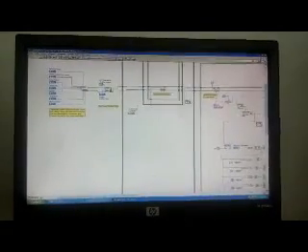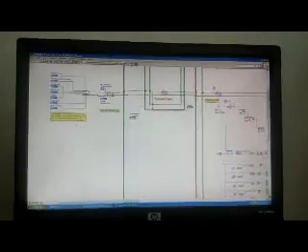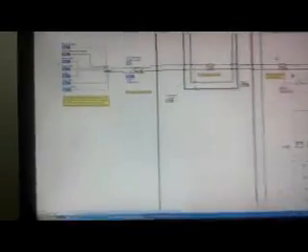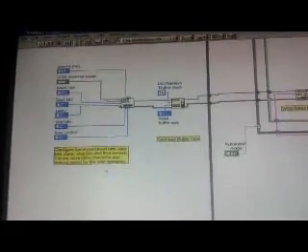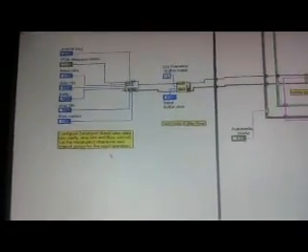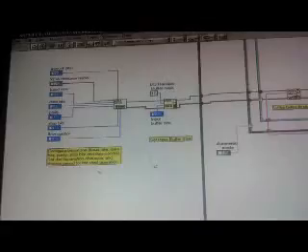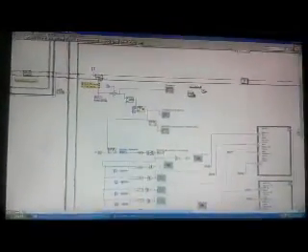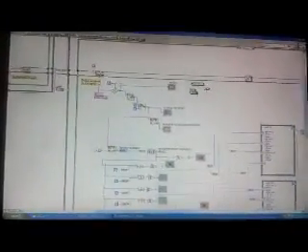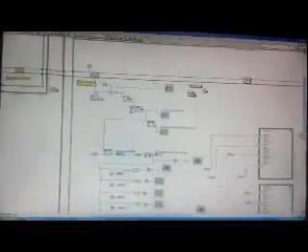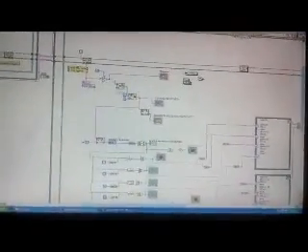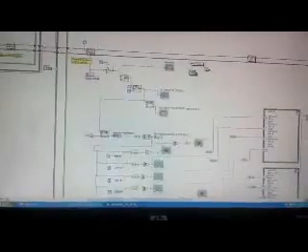In this LabVIEW block diagram, we have a VISA configuration of the serial port where we are configuring this VISA for reading the COM1 port at 9600 baud rate. After communication is established, we have VISA write and VISA read. First of all, VISA read. In this VISA read, we are getting output as a string, and we are converting that string by using this logic into a Boolean array